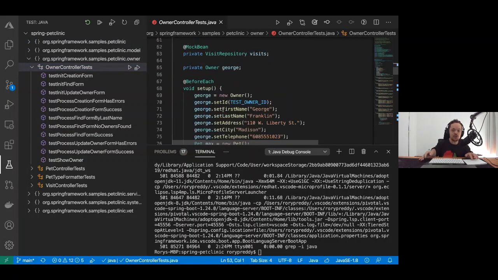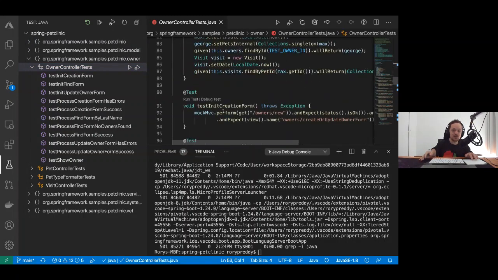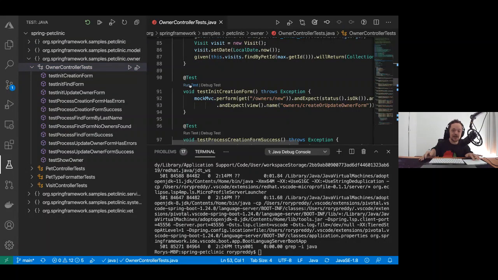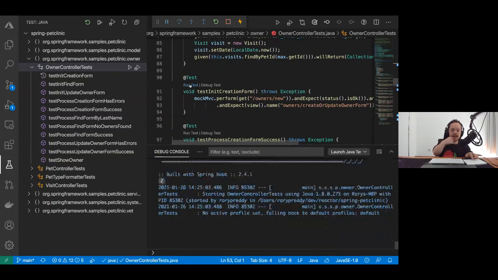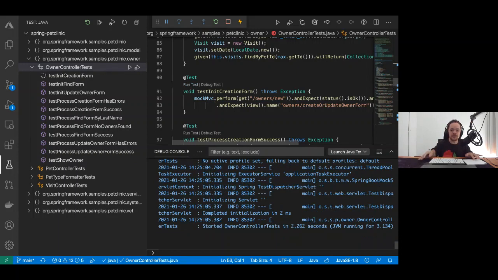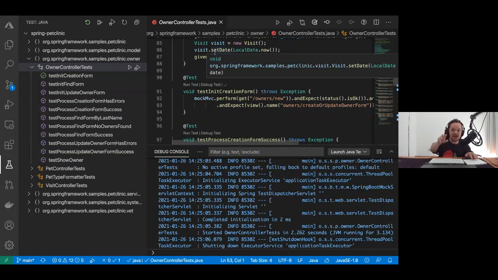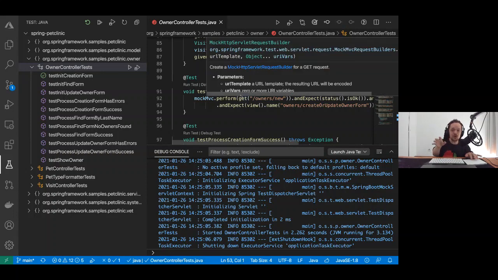I can go run tests, or I can run the test for each individual method. So if I go here, test init creation form, I can start that up, and I can just start with that. And all of that is running with Maven behind the scenes, which is great news. I don't have to worry